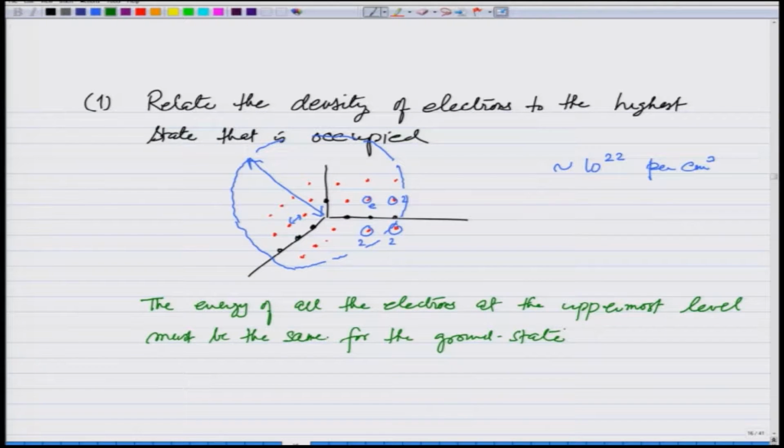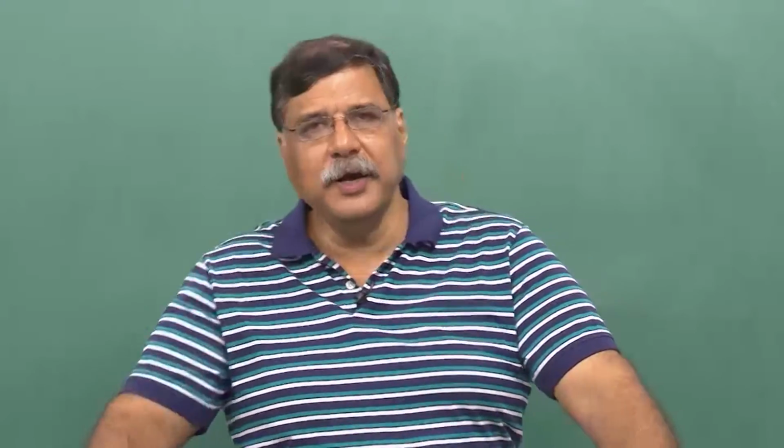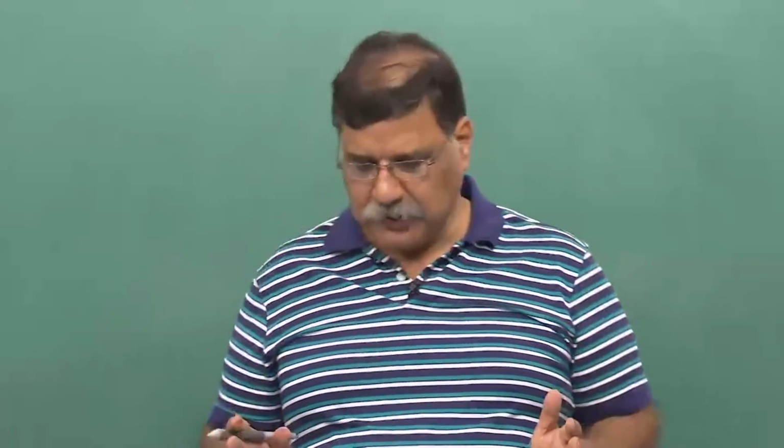Ground state by definition is the lowest energy state. If some electrons are at higher energy and others are at lower, the electrons from higher energy can come down to lower energy and lower the energy of the system, finally until all the uppermost electrons have the same energy. So, what we are going to have is that in this k space,